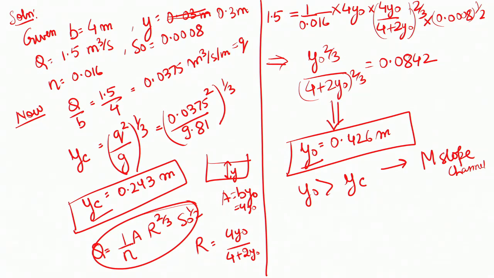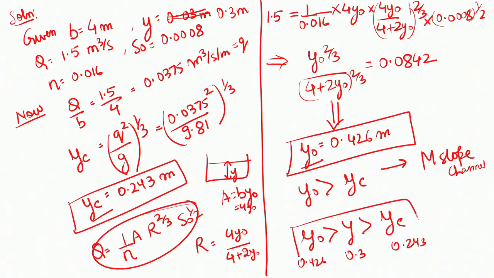So, we see the Y naught is greater than Y, and this is the critical depth. This was 0.426, this was 0.3, and Yc was 0.243. So, which type of curve? This is an M slope, plus since Y lies between Y naught and Yc, it is going to be an M2